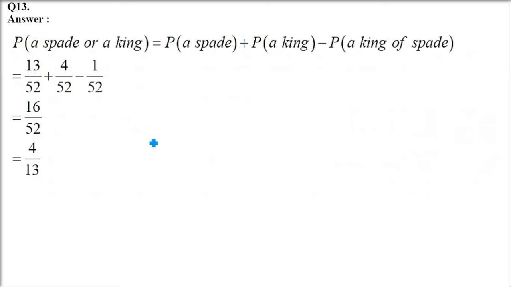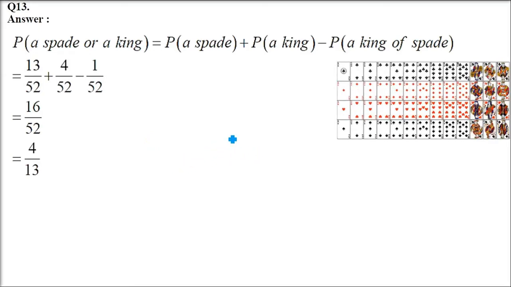Now the 13th one. A card is thrown at random from a well shuffled deck of 52 cards. Find the probability of its being a spade or a king. So now one king will be there, as in the previous one an ace was there. Spade is a suit, so 13 is there. So 52 cards are there and there are 4 suits. 52 cards, 4 suits. So one will be spade. No, one will be king.